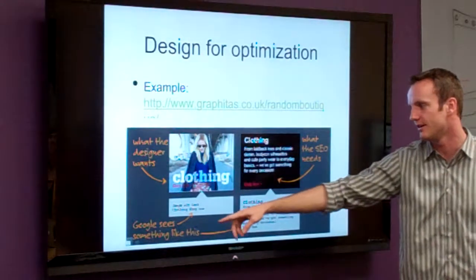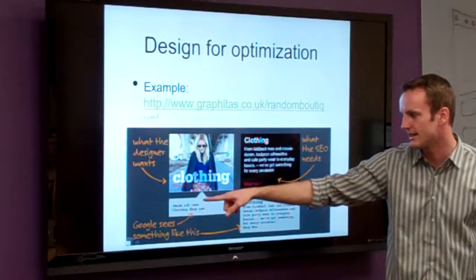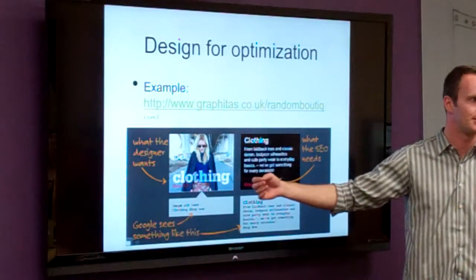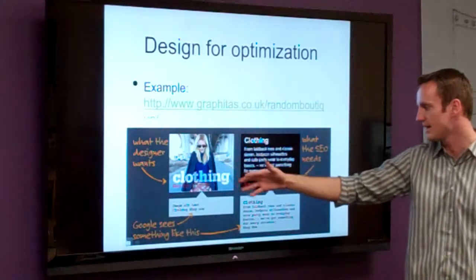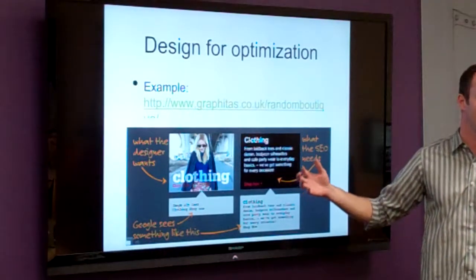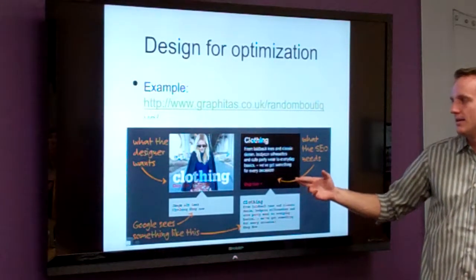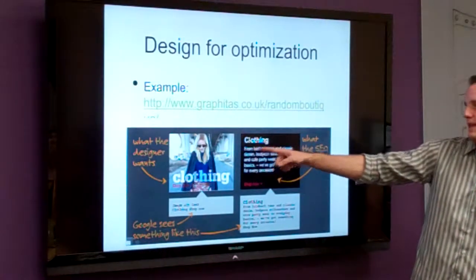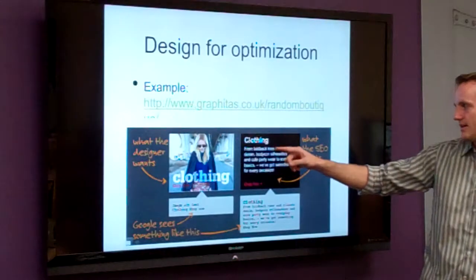However, Google would normally just see something like this: image, alternate text, clothing shop now. And so for search results, you wouldn't actually find anything. There are really cool techniques you can use to get the best of both worlds. Here is a good example from laid back tees and classic denim, bodycon